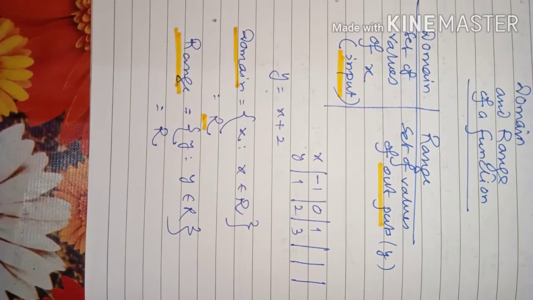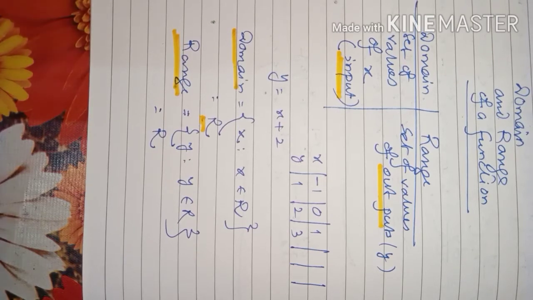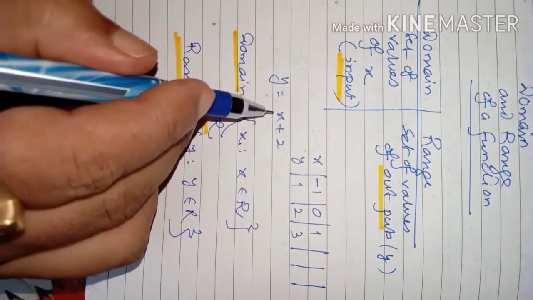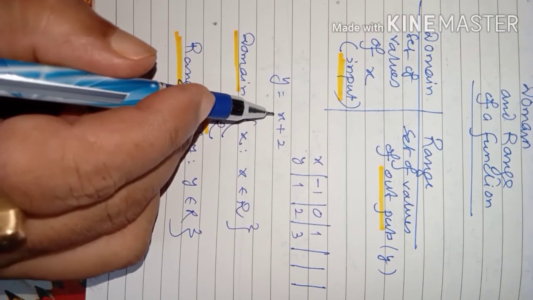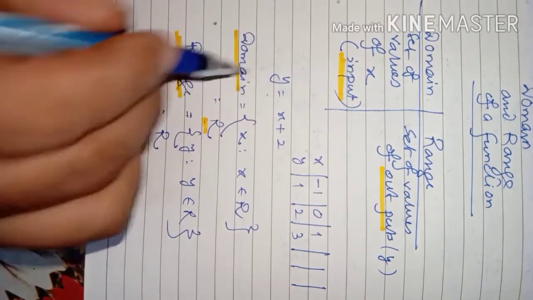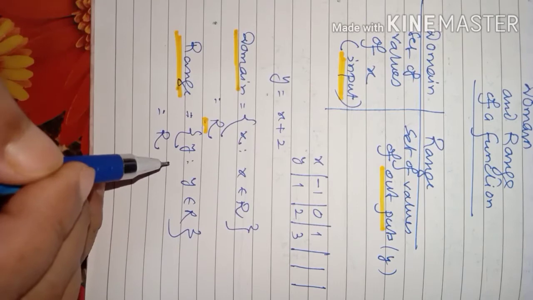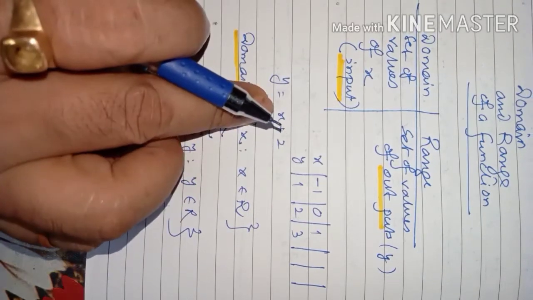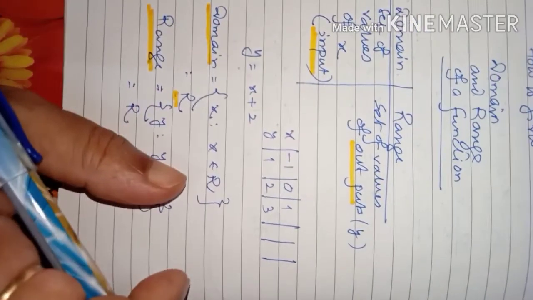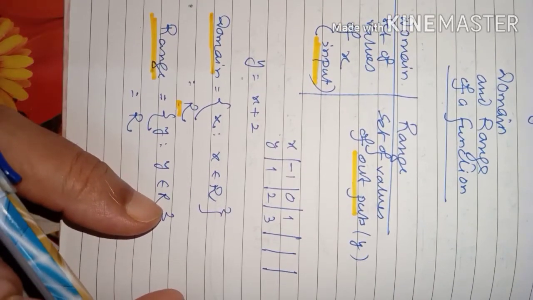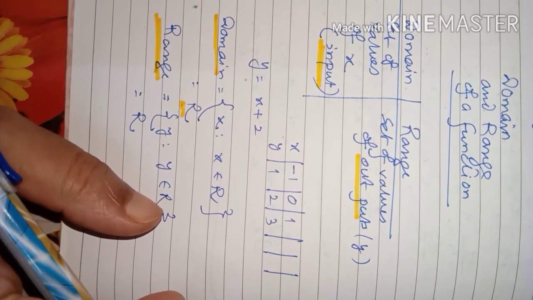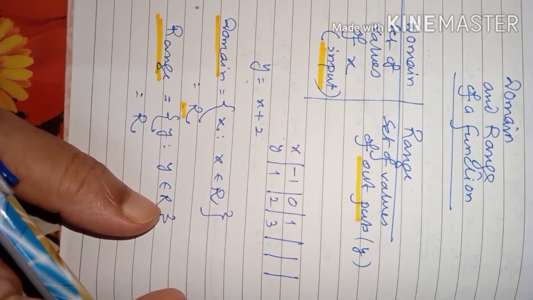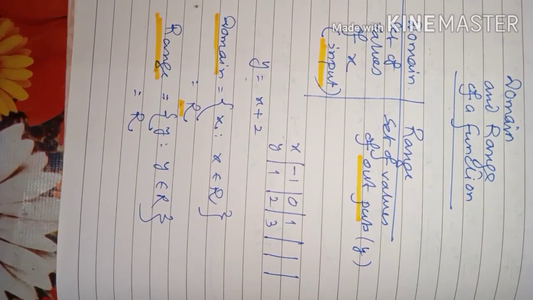But for all functions it is not so simple. This is a simple function that I have taken here, y equal to x plus 2. Here it can very clearly be said that any real number can be inserted, and we can get any real number as output also. So in this case there is no restriction. It is a very simple function, that's why it is very easy to say. But sometimes functions are given in such a way that there are some restrictions before declaring which set of values can be taken as the domain. One example I am giving you.